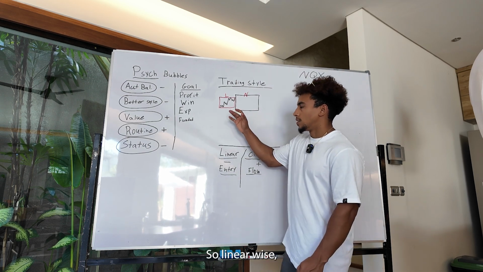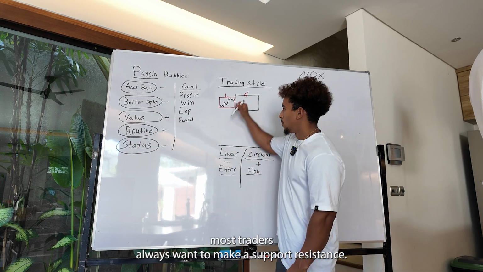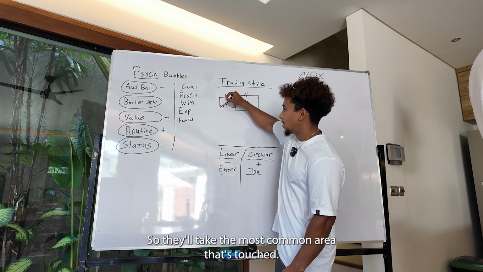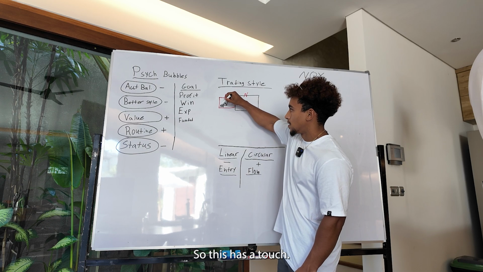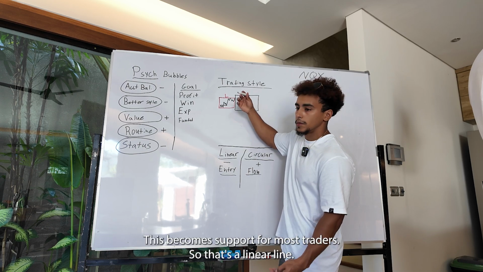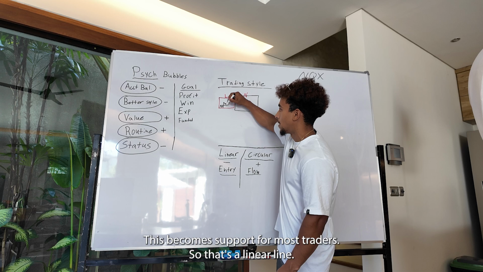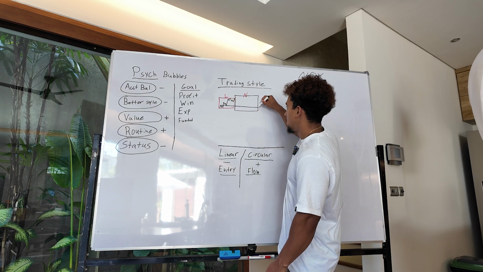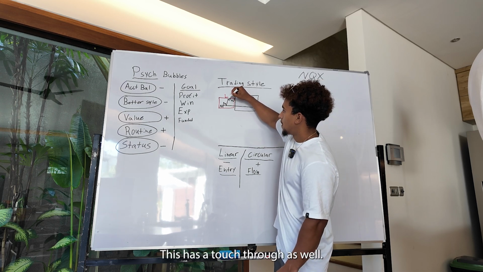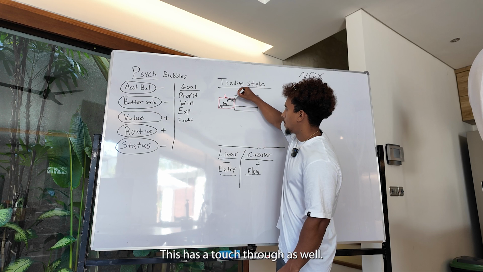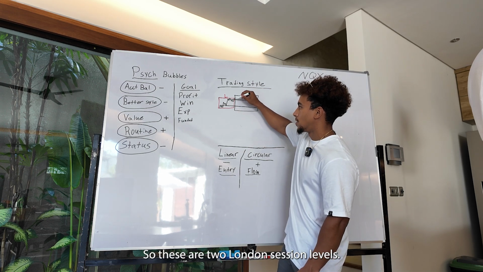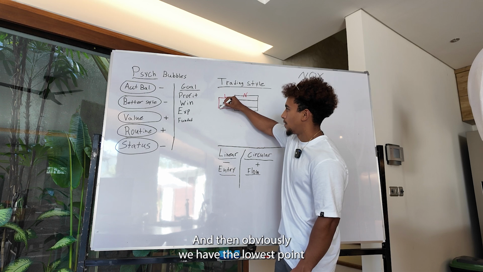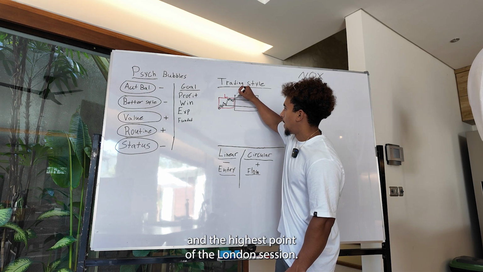So linear-wise, most traders always want to make a support and resistance. So they'll take the most common area that's touched. This has a touch, this has a break, retest, this becomes support for most traders. So that's a linear line. This has a touch through as well, and that's a linear line. So these are two London session levels, and then obviously we have the lowest point and the highest point of